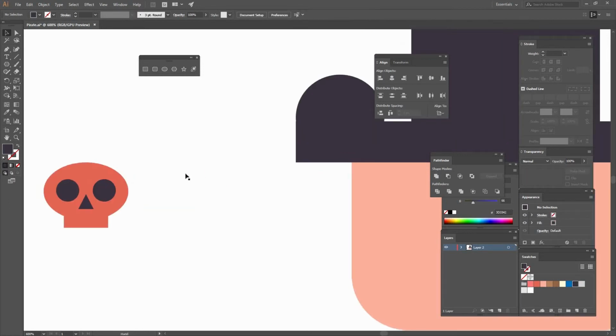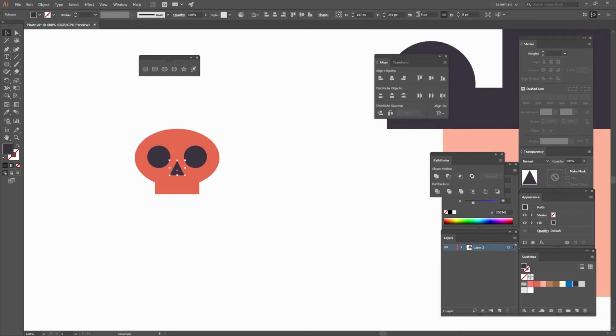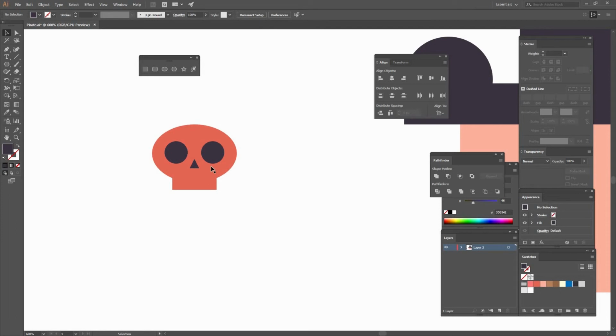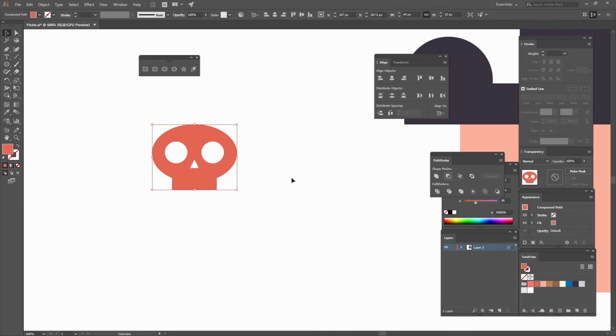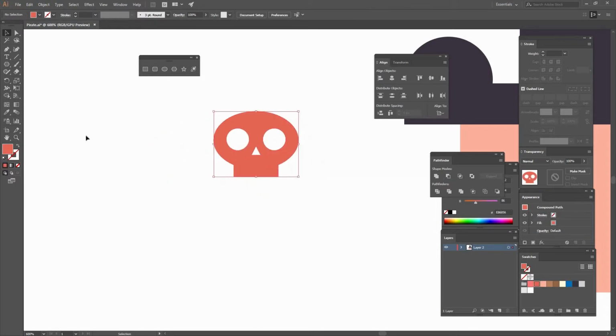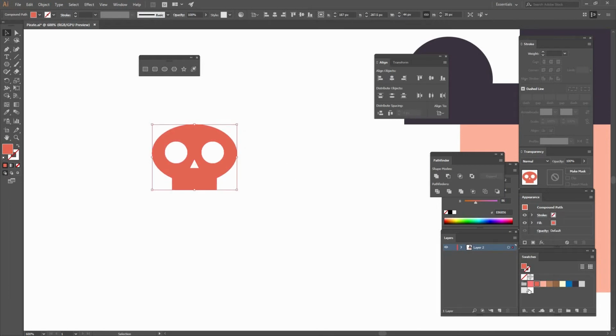Alright, so now we're right there. I can decrease the width and the height to 5 to make it even smaller. Now I can select the three of them and go to Unite. Select everything and then select Minus Front. So now I get the exact shape that I want. I'm going to change the color back to white